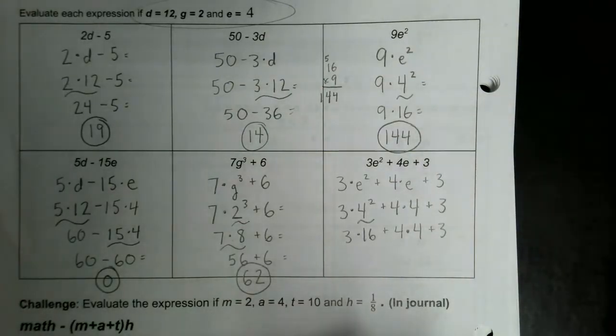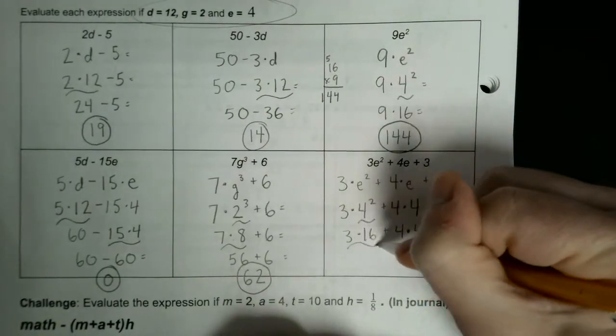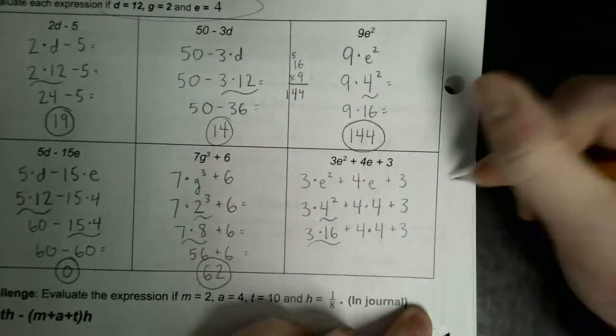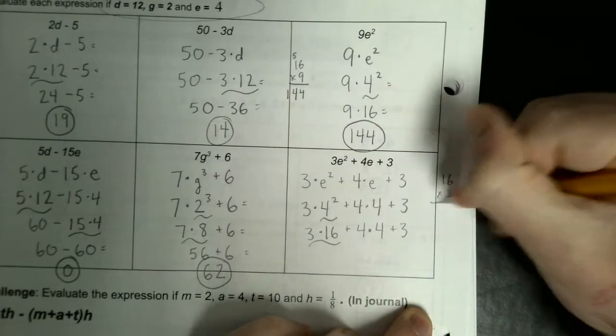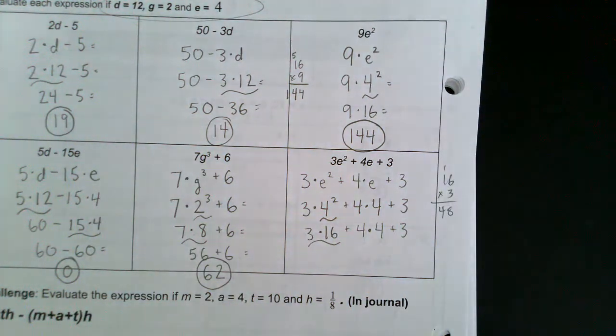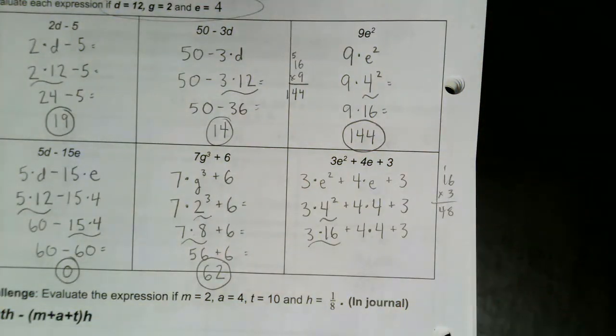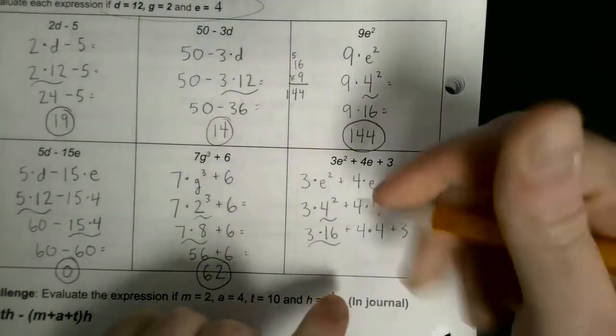Go back to the start. Parentheses. No. Powers and roots. No. Multiplication and division from left to right. We're going to start here. Start from the left. Might have to do that off to the side. 16 times 3. Oh, the lights went out. 16 times 3. I got 48. Let's turn the light back on. Okie dokie. All right, so we got 48